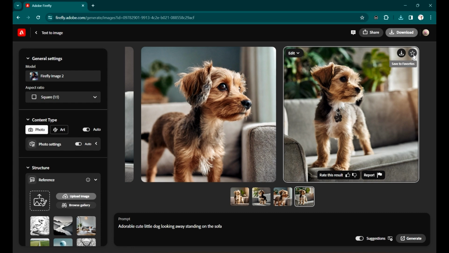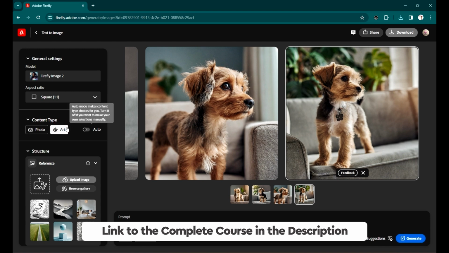And now we can go ahead and save this to our favorite. So just click here, it's going to save it to our favorite. We can go ahead and rate this image. We can rate it good, or we can rate it bad if we want, okay, and then we can report the image if we want. So all of these are possible, and now I'm just going to click on art and see what we get